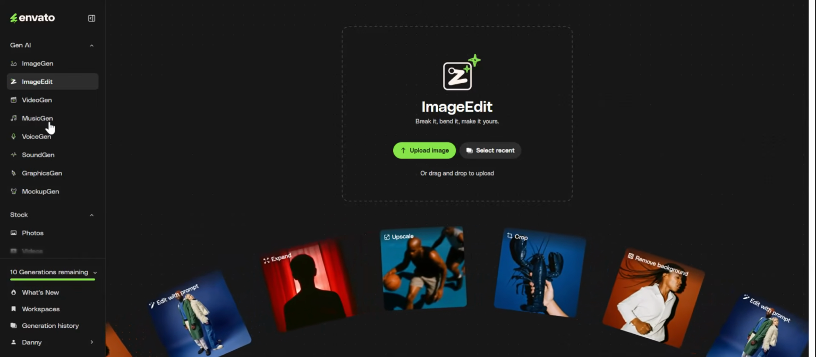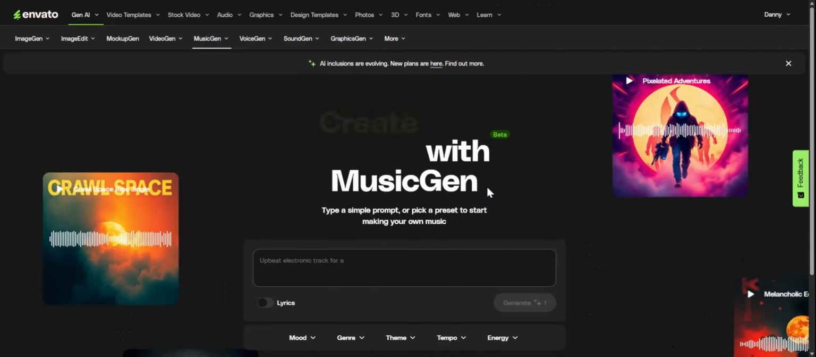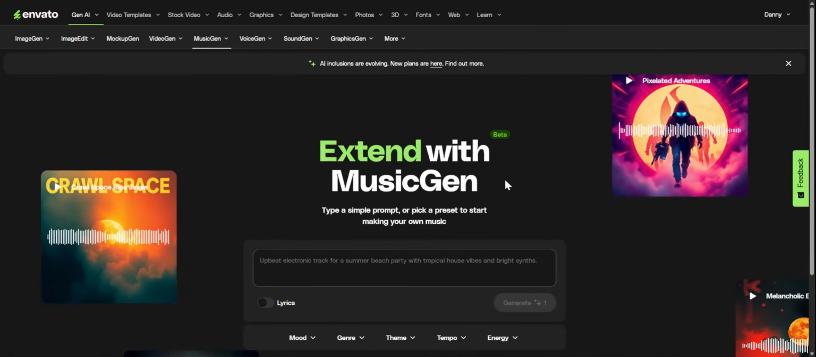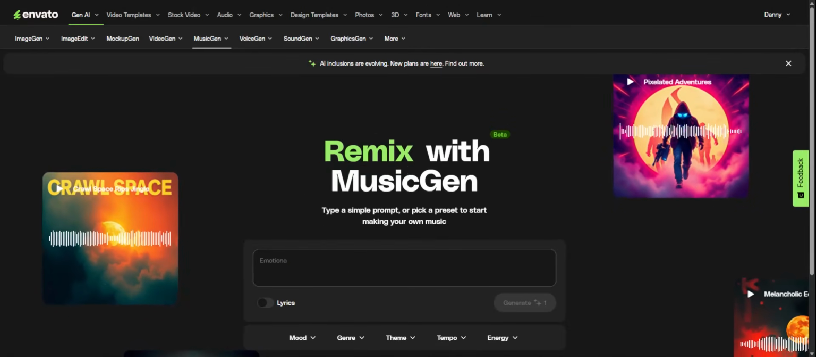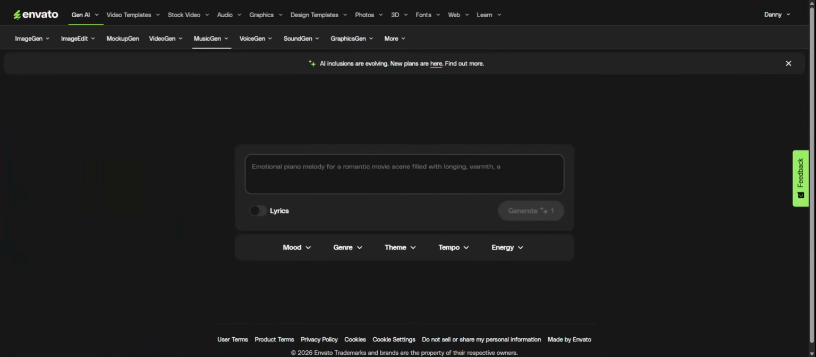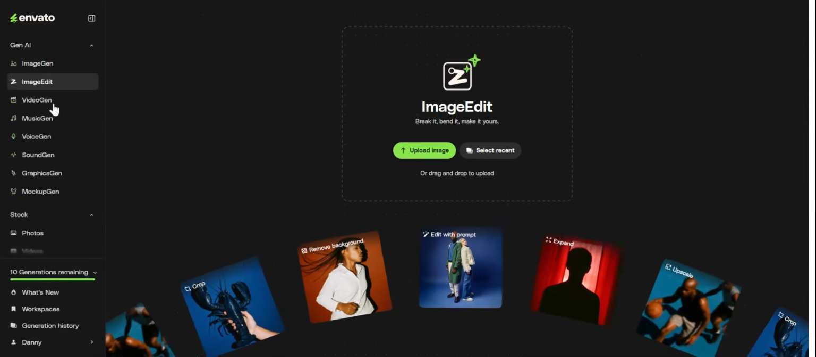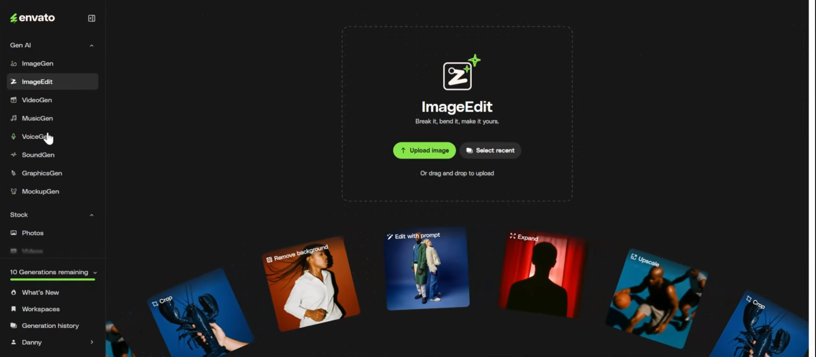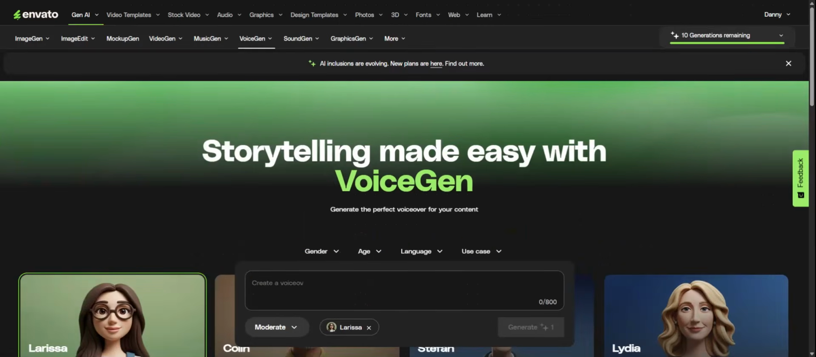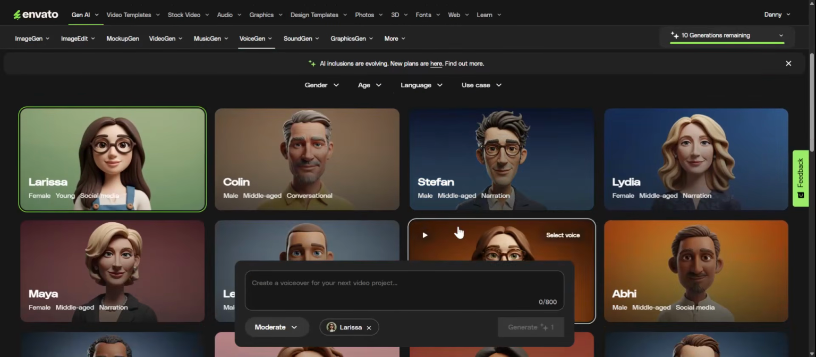There's also music, which is really cool because it saves you having to take out an account with one of the popular music services. And you can come down there and you can literally type in, what do you want? Emotional piano medley for a romantic movie, add lyrics or not, and it will literally generate music all in this one interface. You've got your voice generation as well, so it saves you on 11 Labs and DID